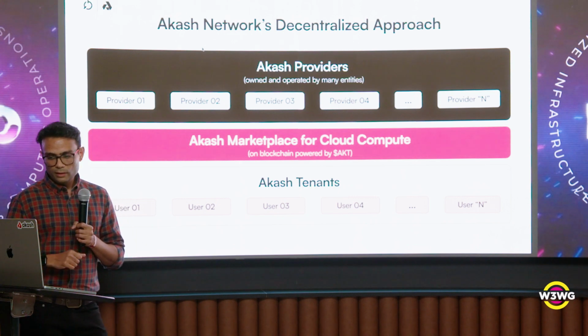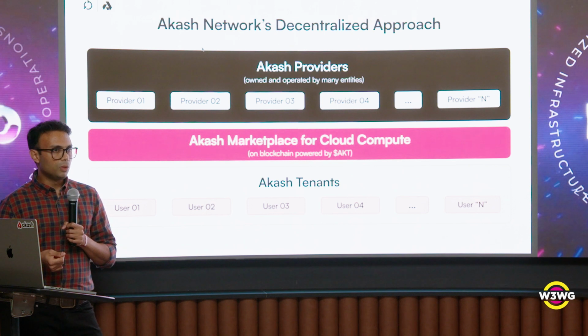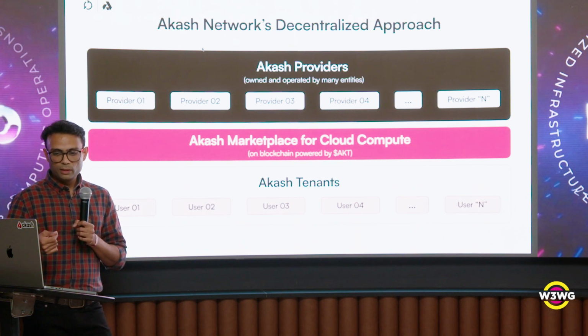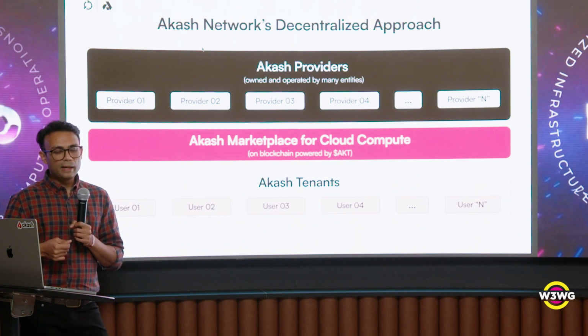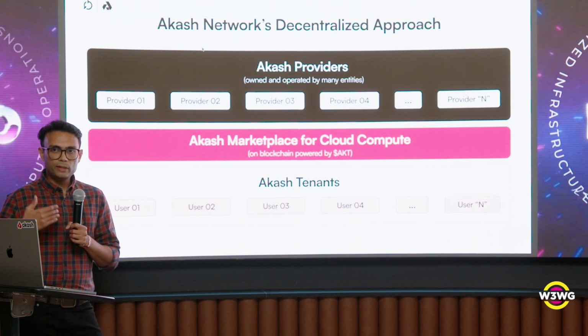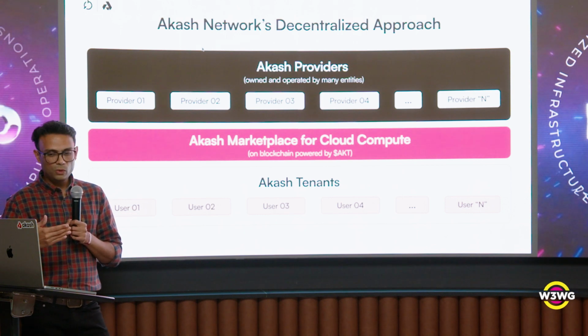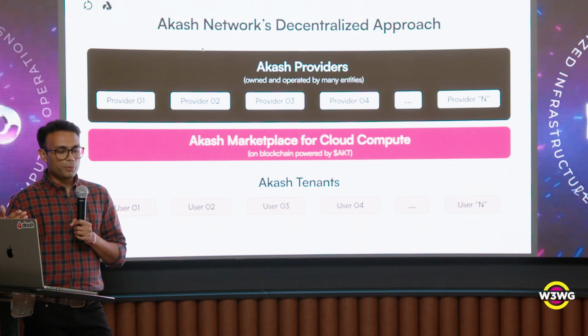And so essentially you've solved the problem of the need for a homogeneous deployment solution. Regardless of which provider you're using, you as a tenant or user always get the same look and feel and the same kind of deployment workflow, and you don't have to worry about where the provider is.